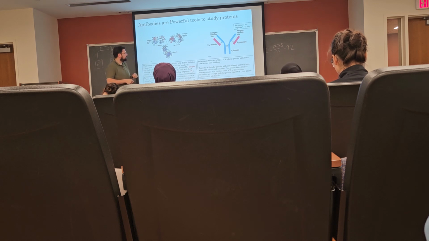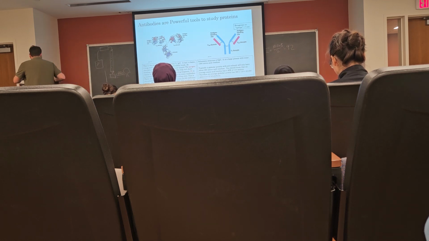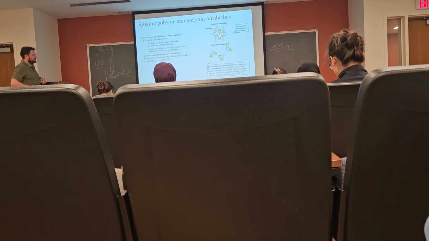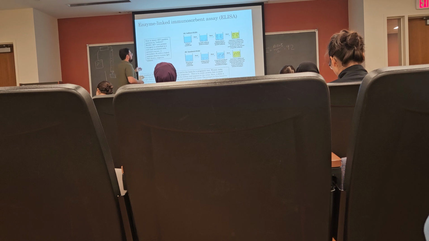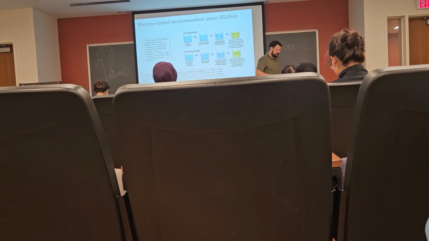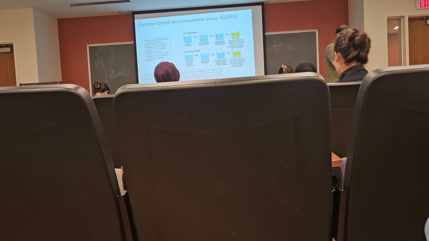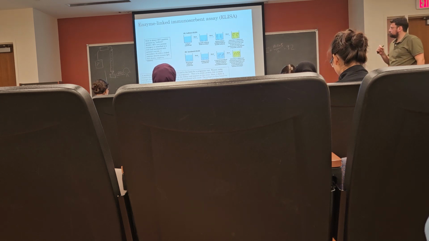It's made up of four chains, two heavy chains here in blue and two light chains here in red. They're held together by disulfide bonds, and they have antigen binding sites at the ends here of this Y structure. Now, why do we care about antibodies? Let's skip all the monoclonal and polyclonal. Let's skip these, right? Because we can use antibodies quite effectively in many different types of analytical techniques, specifically in